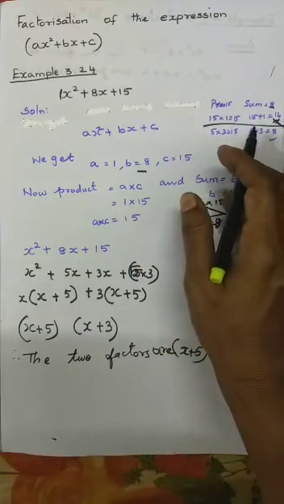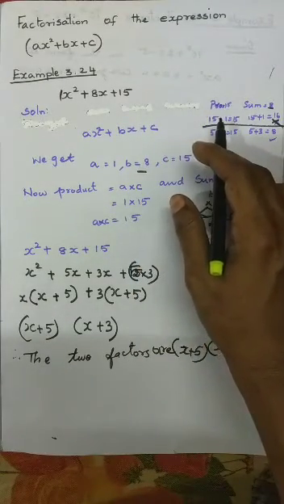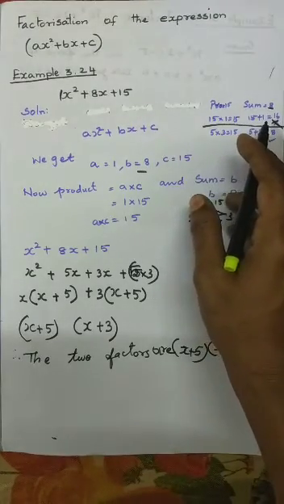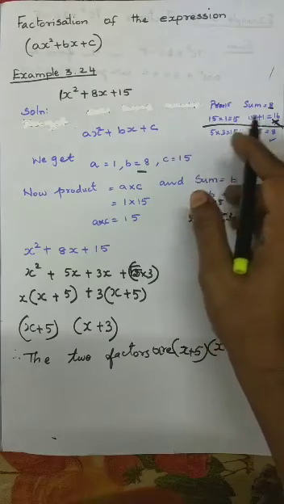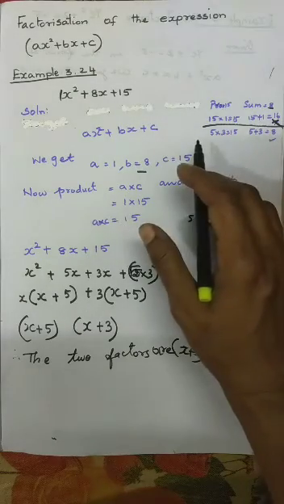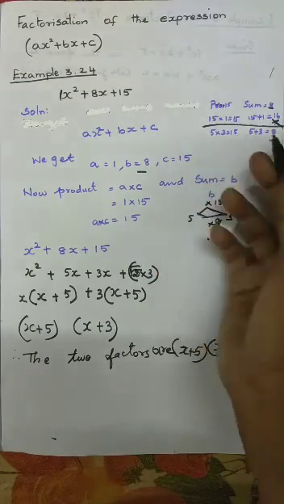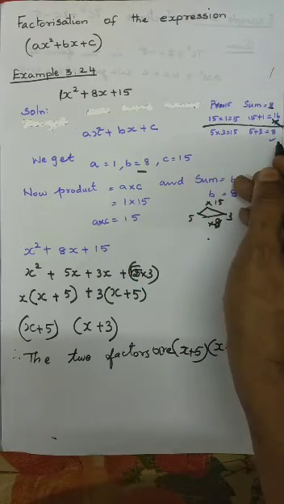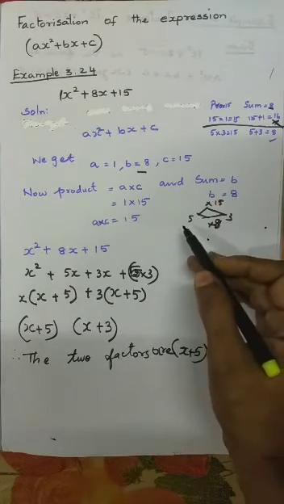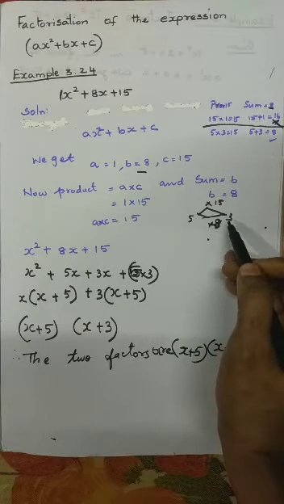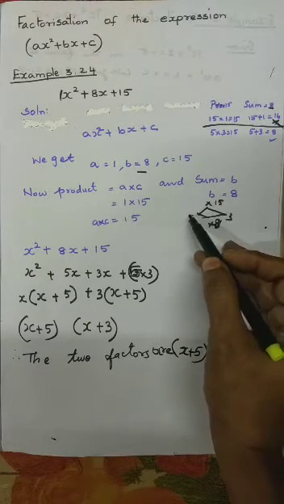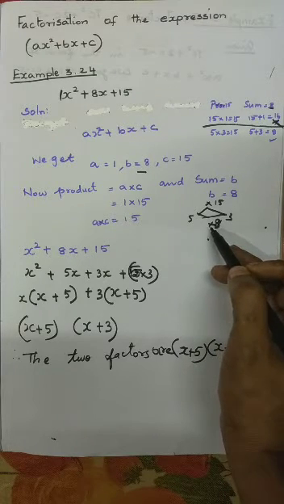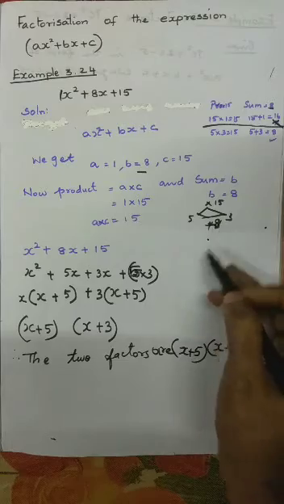So we can write like this. 15 table means 15 ones are 15. If you add 15 plus 1, 16. You cannot use this. So 5 3s are 15 works. 3 5s are also we can take. Okay, then add 5 and 3, it will come 8. Yes, so you can use 5 and 3. Right, as multiplying we get 5 into 3, and for adding we get 8.